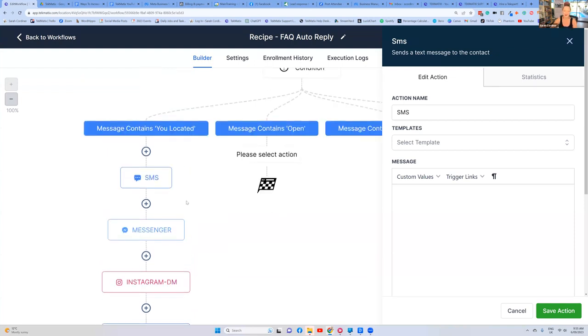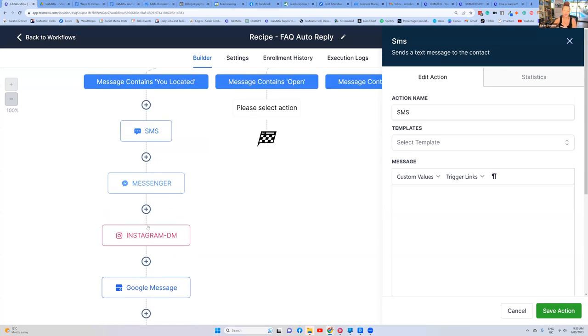You get the point, right? So what we're doing here is we're just creating the reply for each one, so the system can reply via that channel. So if someone messages by SMS, we're going to reply by SMS. I'm just going to create a really simple template that I can then copy and paste into all of the other channels. So it's going to go,